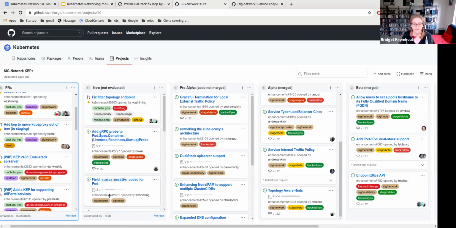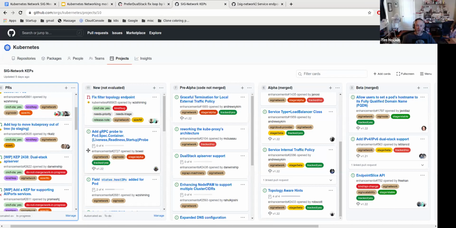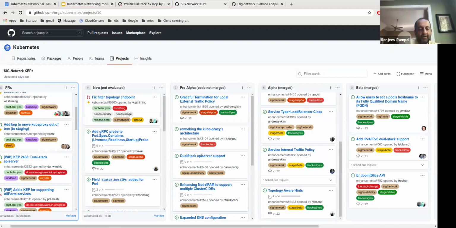So the problem that I have with project boards in general is it really only supports issues and PRs. There's no other manageable entity. We don't have an issue or a PR per gate. Maybe we should have a separate subtype of issue for KEP issues and for gate issues, and one KEP can have one or more gate issues. I'm not sure that we need to go through that level of machinery and obfuscation.